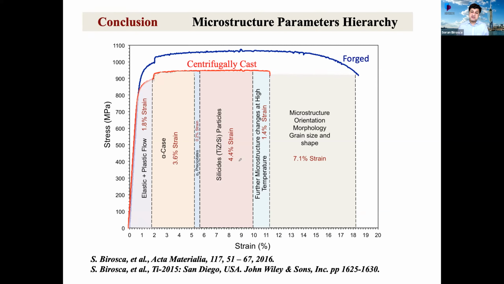Around 4.4% is silicide. Alpha case is very powerful, responsible for 3.6, and alpha 2 has got limited effect, reducing the ductility by 0.2%. And we have 1.4